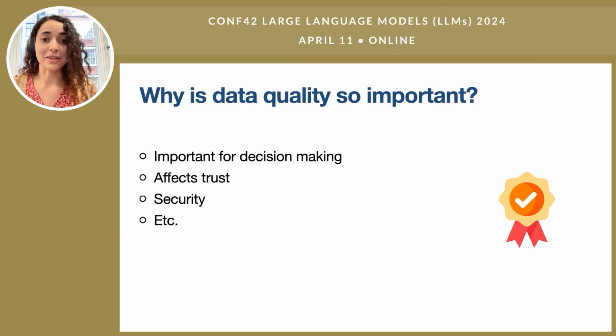The third point is security. You'll be handling sensitive data a lot of the time, either to do with user data, things behind GDPR, or even more sensitive data than that. And if you have bad data quality, that's also going to affect the security of your data. So that's only 3 examples, but the list can go on and on. So be sure to find out why data quality is so important to you and your use case. It will likely fit within these, but I'm sure that there are many more.